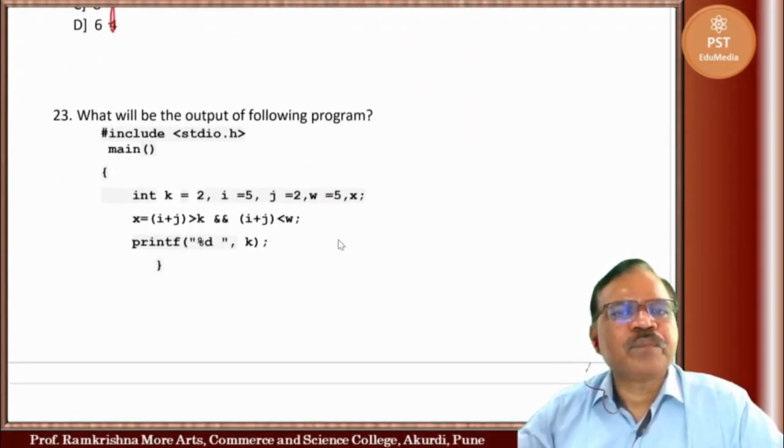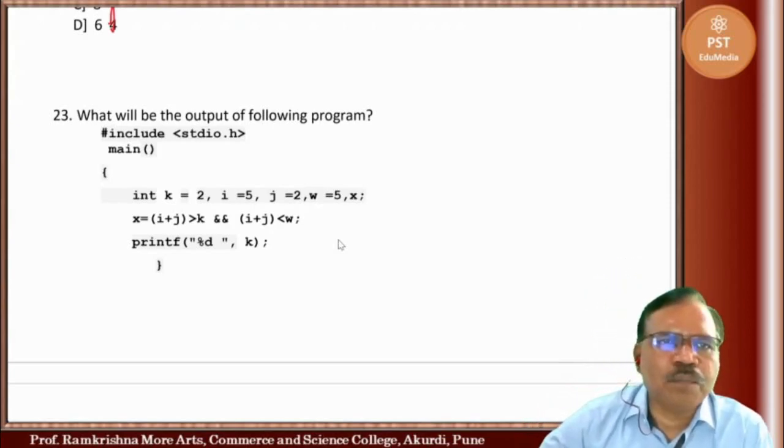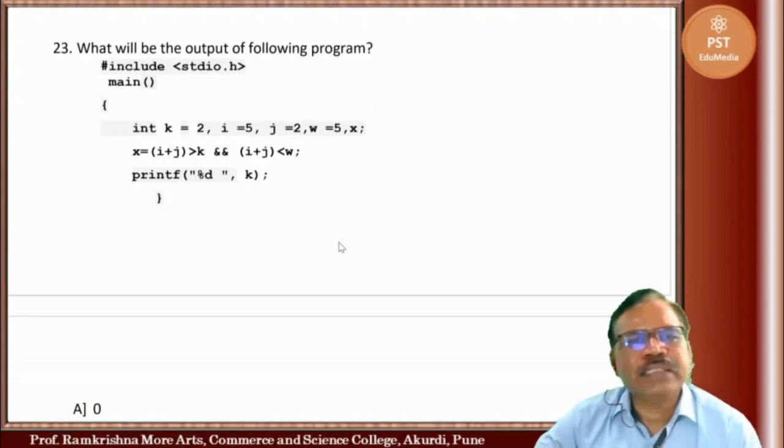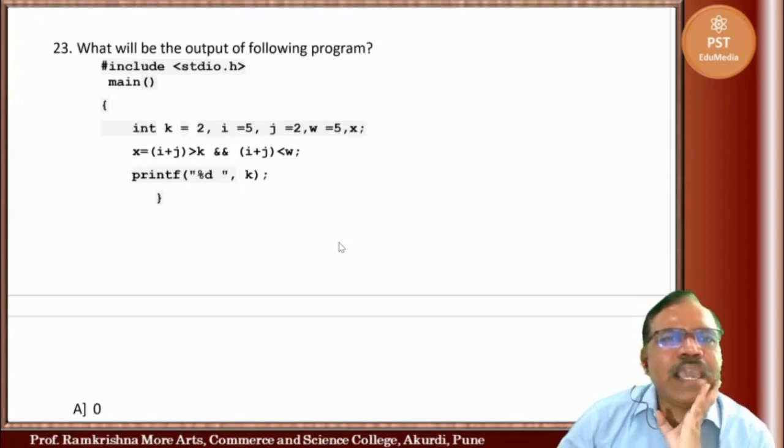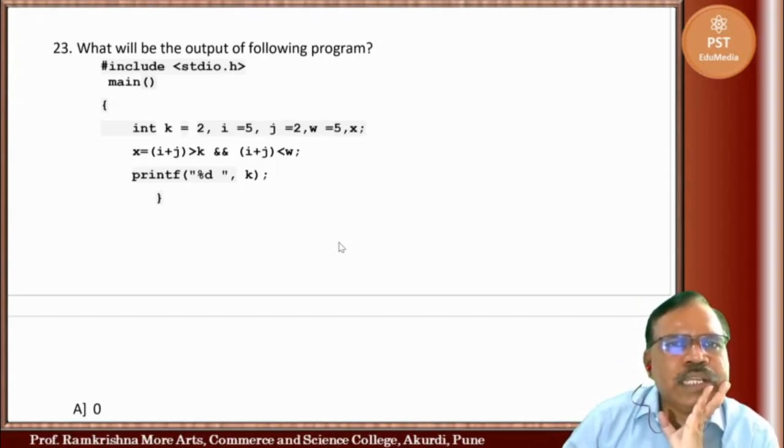Now next one. What will be the output of the program? #include, main, then in curly braces, in the main function we have int k = 2, j = 5, i = 5, j = 2, w = 5, x.